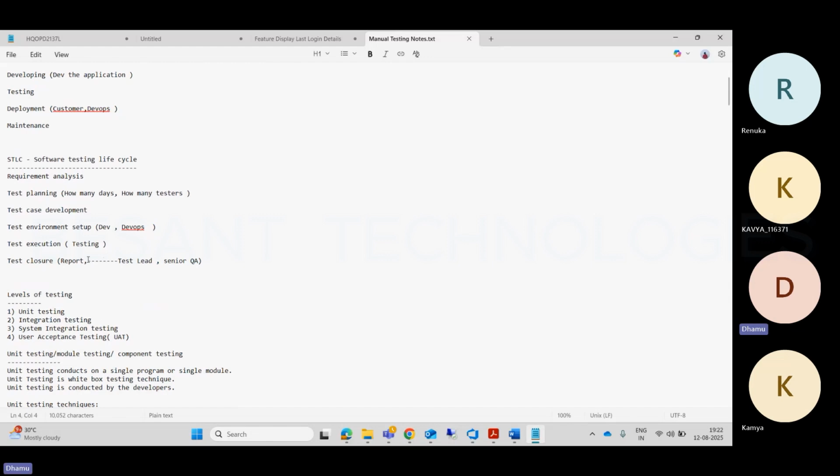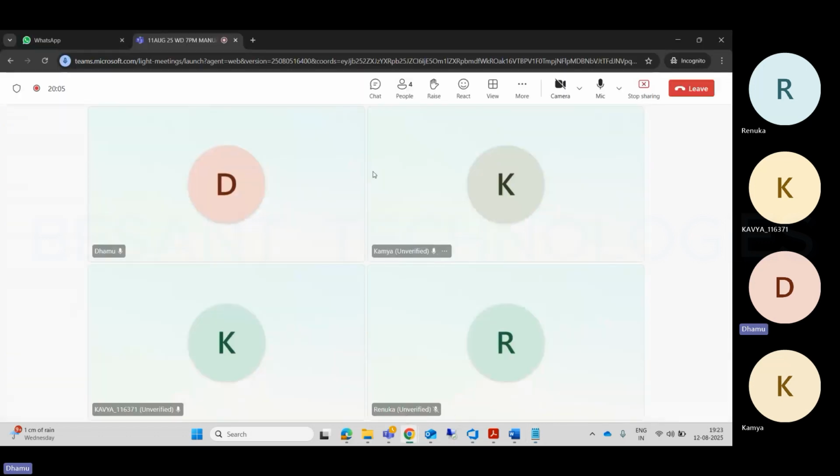Why do we need to analyze the requirement? As a tester, I need to test directly, right? But why do I need to analyze the requirements? What is the reason? As a tester, why do I need to analyze the requirements? To find whether an issue is there or not. First you should understand the requirement, because a new requirement means whatever you are going to implement